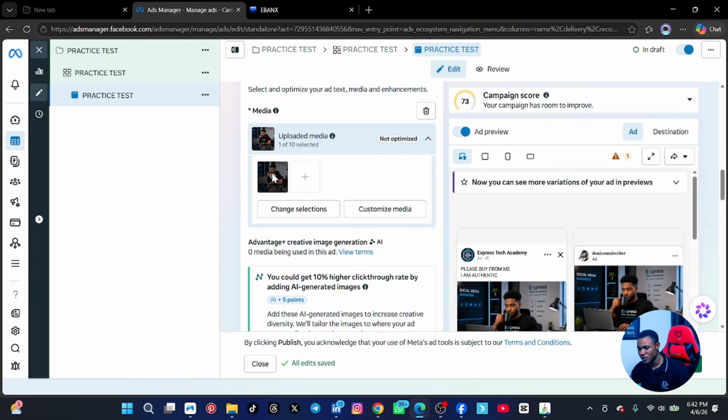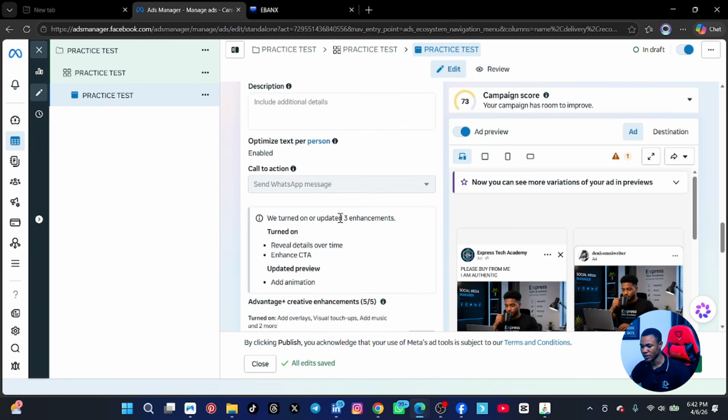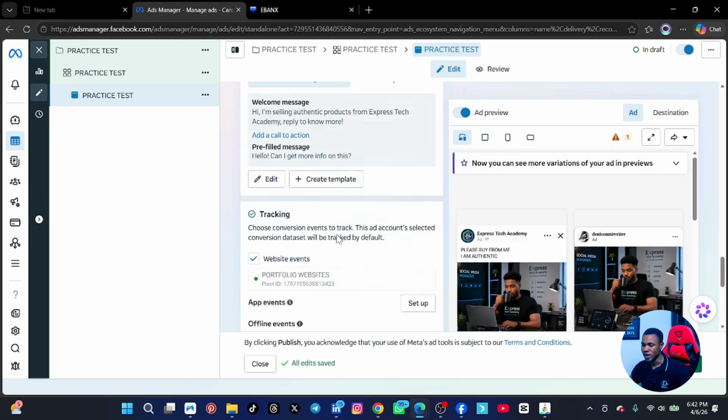So if you want to remove this image or add another one, you can delete it and bring in another one. Let's scroll down. You can see it here. If you want to edit this text, the primary text, you can edit it. This one as well, you can also edit it. Is that okay? Now you can just scroll down, and then you can see that we are done with this